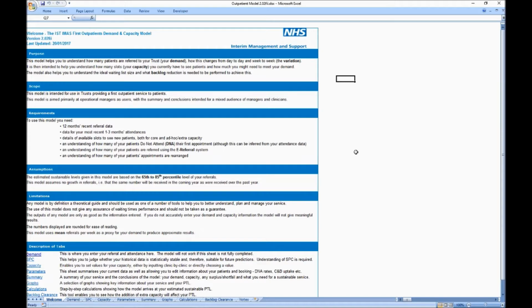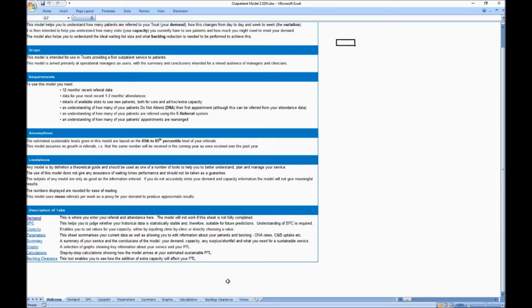We'll begin the video tutorial with this Welcome tab here. The Welcome tab provides some initial notes regarding the purpose of the model, the data items that are required in order to generate results, the basic assumptions that underpin the calculations used within it, and its limitations. At the bottom of the sheet, there is a list of tabs within the workbook with a brief description of each tab. Looking at the requirements for this model here,